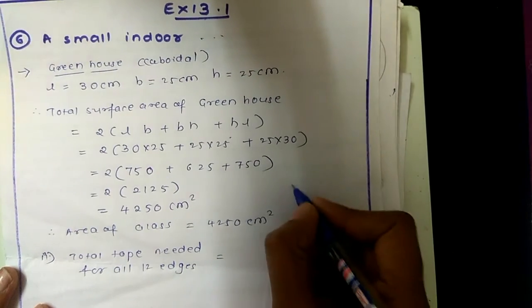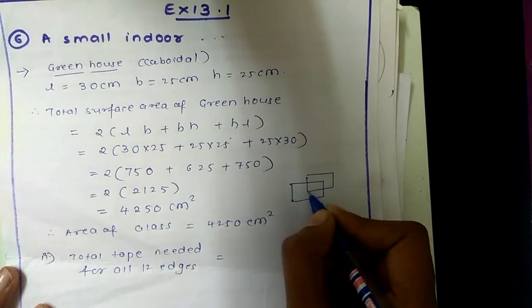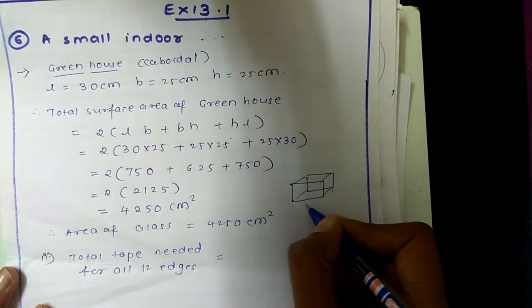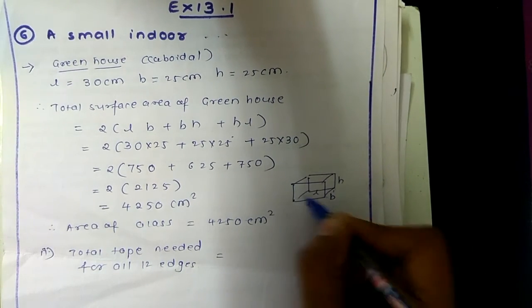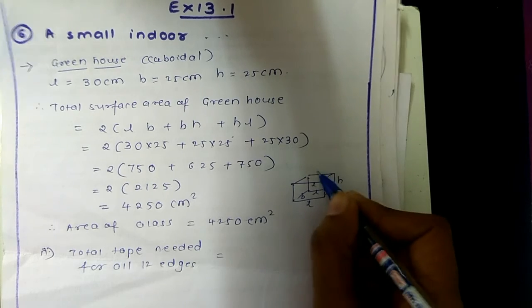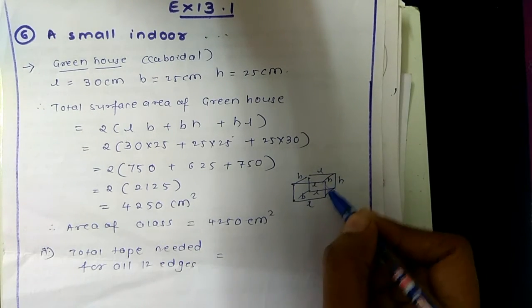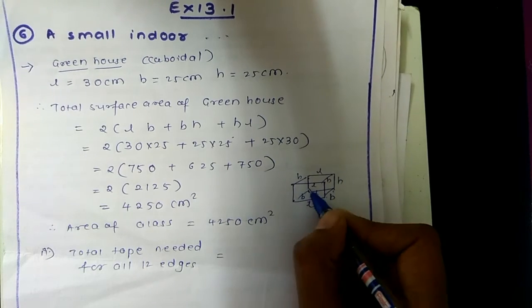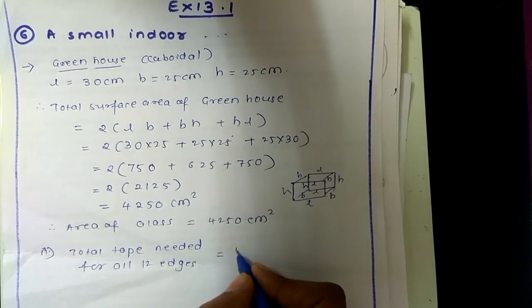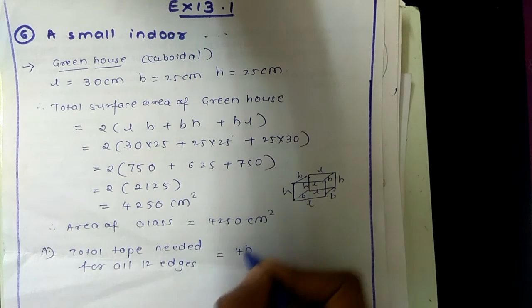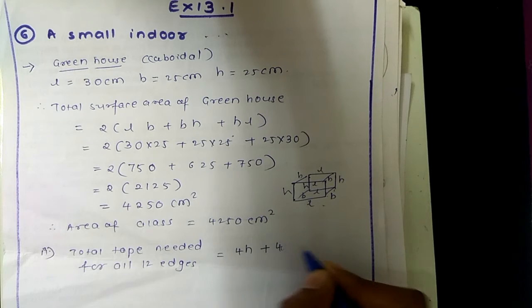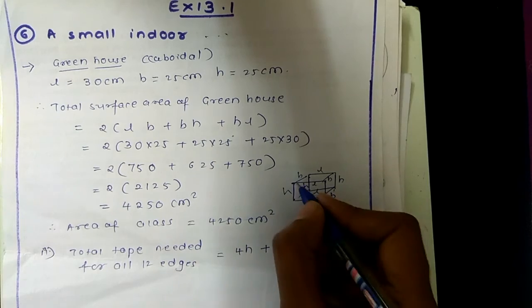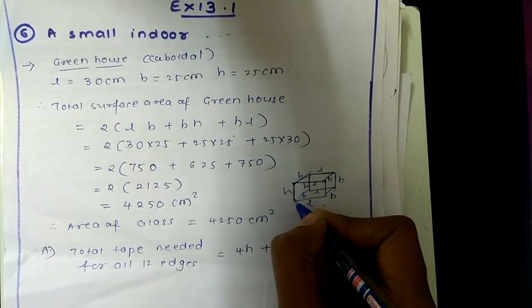So we will consider one greenhouse in the cuboidal shape. You can see length, breadth, and height. If you observe length, this is breadth. Similarly, you will get 2 lengths and 2 breadths here, isn't it? And here heights 1, 2, 3, 4. So total we will have 4 heights, so 4 heights we have to add. I can multiply with 4 also. Plus 4 lengths, you can add L plus L 4 times, otherwise 4 into L, plus 4 breadths. These all are nothing but the tapes.